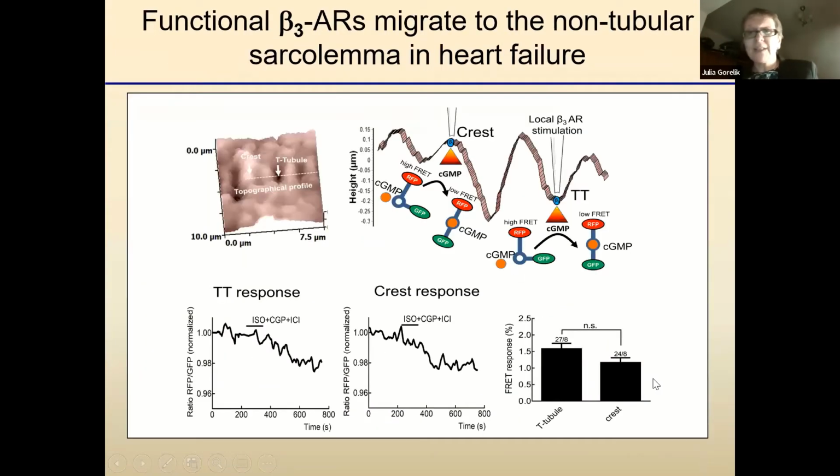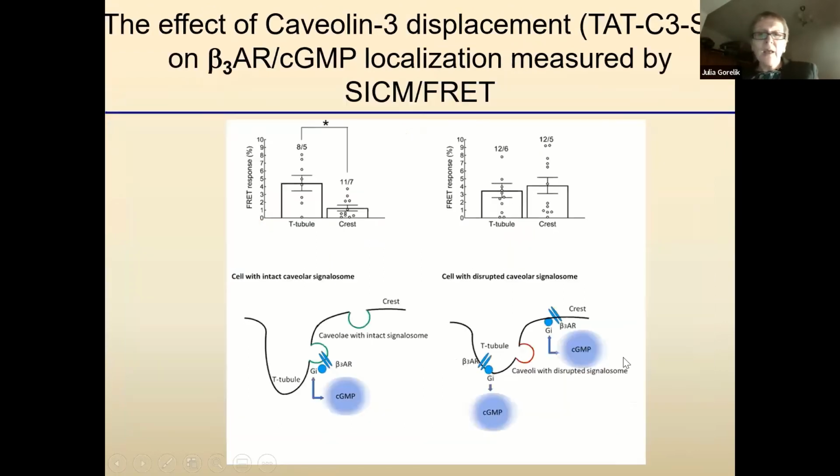They're just similar with the beta-2 receptors, but in heart failure we have a lot of activity in the crest. So in our work we use a special peptide, the C3CD peptide, which binds to the caveolin-3 specific scaffolding domain, and we disturb these caveoli signalosomes. And when we disturb the caveoli signalosomes, we found we no longer have the signal in the T-tubules and not